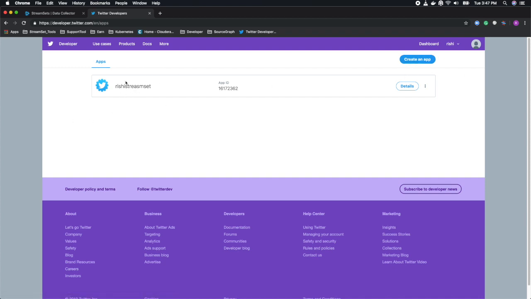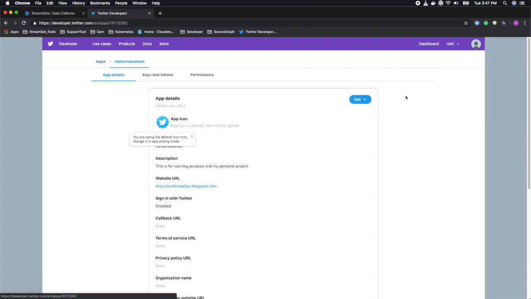I have already created a dummy app for this tutorial. When you click on this, you will have all this information, keys and tokens. This is the important part. In order to get this data, we need certain credentials. When you click on this, you will get the keys and tokens. Of course, I am not clicking right now, but